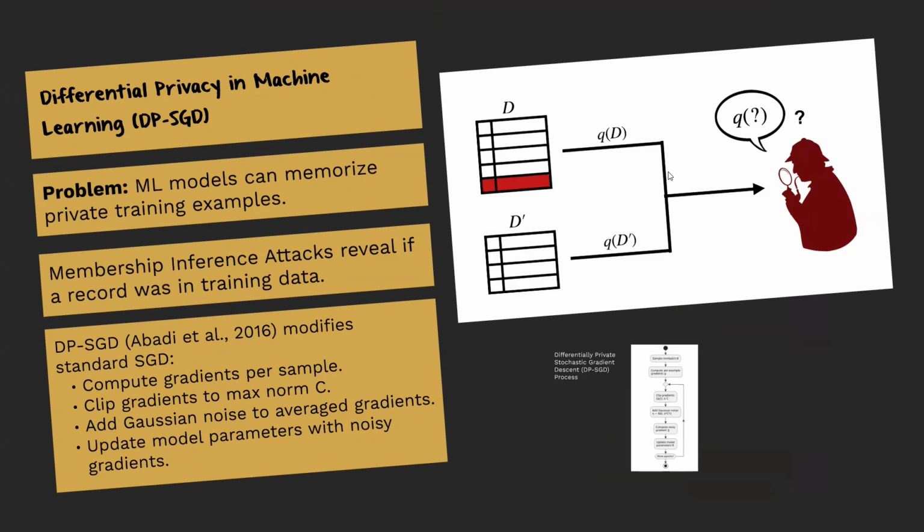The challenge of private ML training is that modern machine learning models, particularly deep neural networks, are extremely powerful, but that power comes with serious privacy risks. These models can sometimes memorize details from their training data, especially when overfitted or trained on sensitive datasets like medical records or personal text. This opens the door for adversarial attacks where an attacker can query the model and try to infer whether a particular person's data was used in the training.